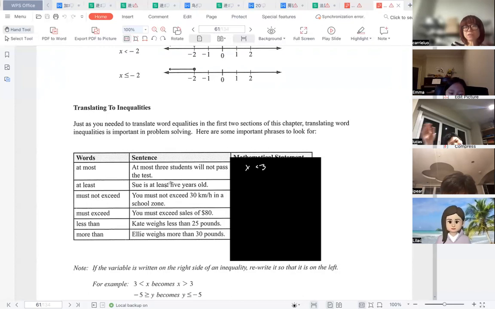Sue is at least 5 years old. So everybody, Sue is bigger. At least, what does it mean? Bigger or equals to 5. Get it, everybody? Okay, so 1, 2, 3, 4. 每一个人做一个啊，我过会儿叫你们。